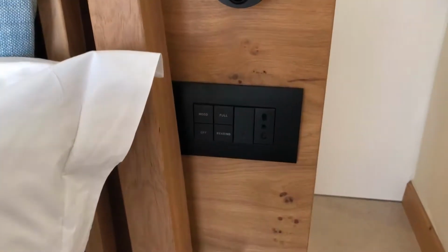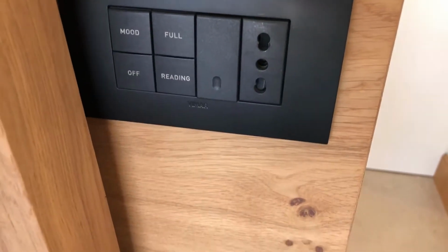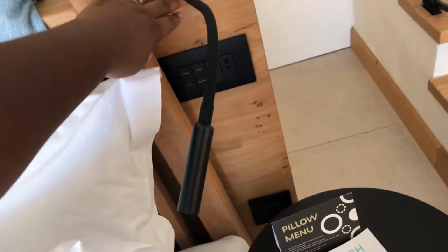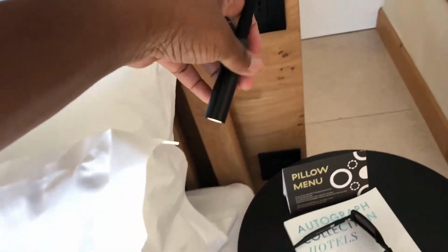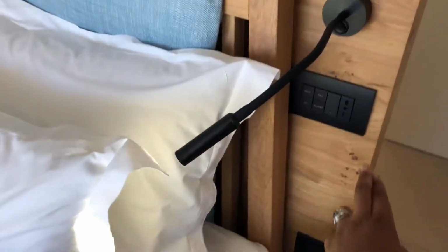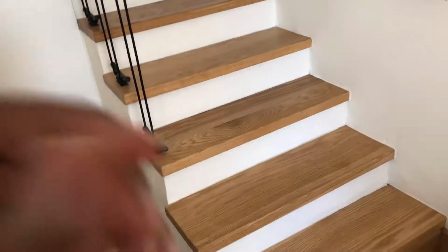Luckily, again, maybe because of the suite, I'm not actually sure, but there's turn down service, and every evening we were left with a bottle of water. So we didn't have to go out and purchase extra bottles of water if we didn't want to. There was always a bottle in the evening,